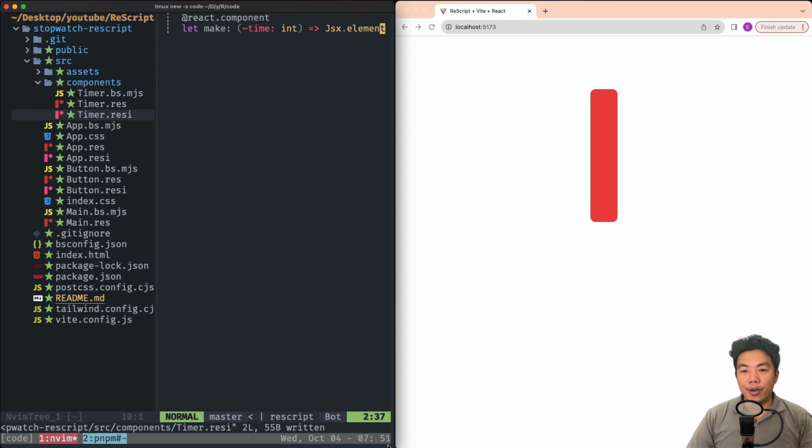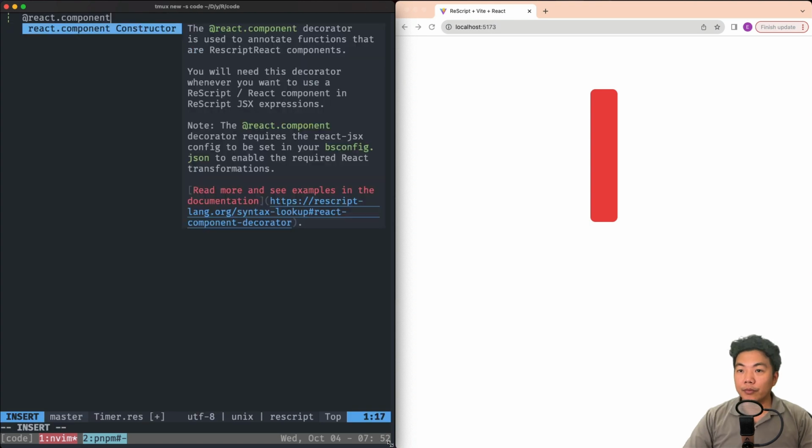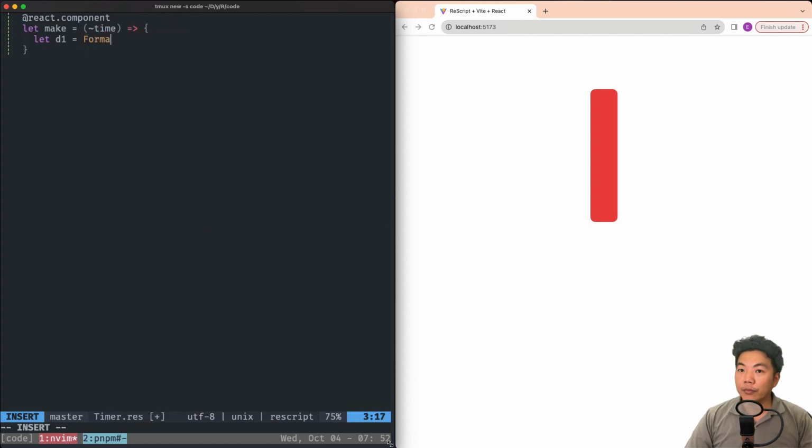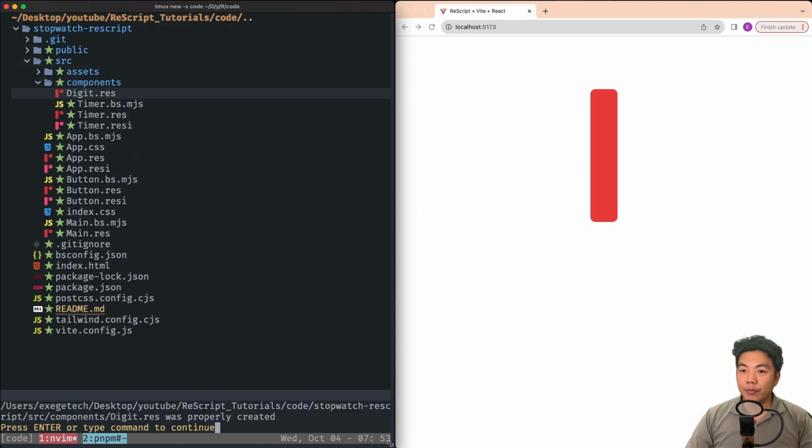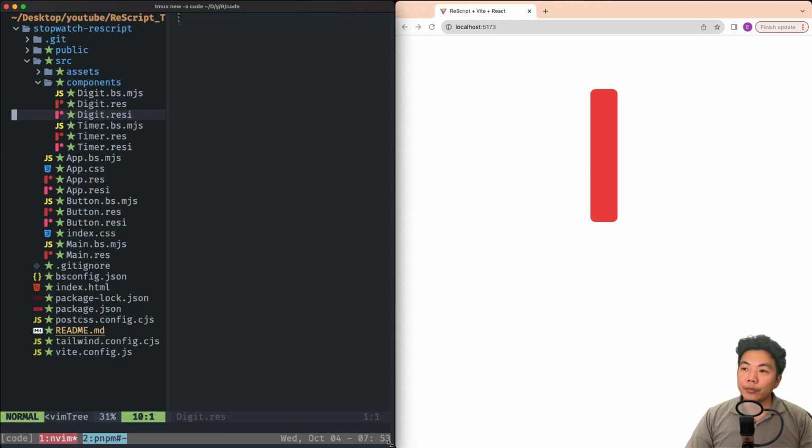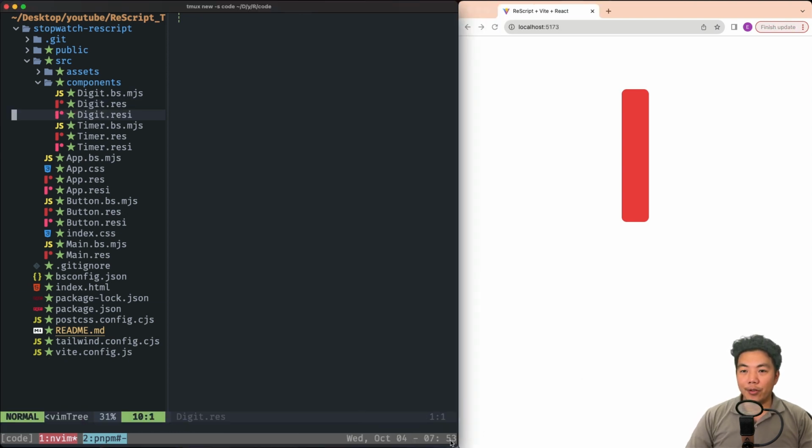Alright, let's start coding the timer. I'm going to create another component called Digit, and we can just pass digit 1, digit 2, digit 3 to the digit itself. Let's write the .resi file for Digit.